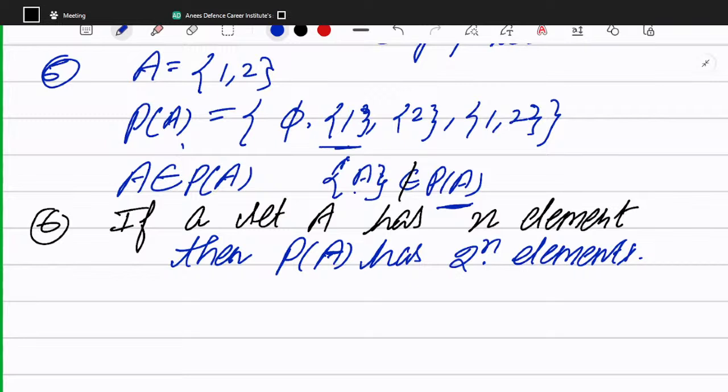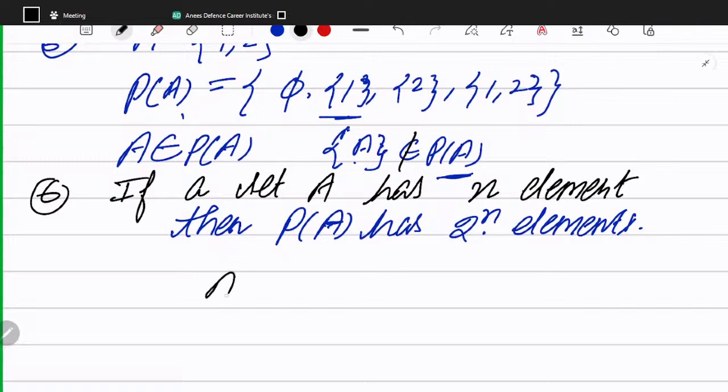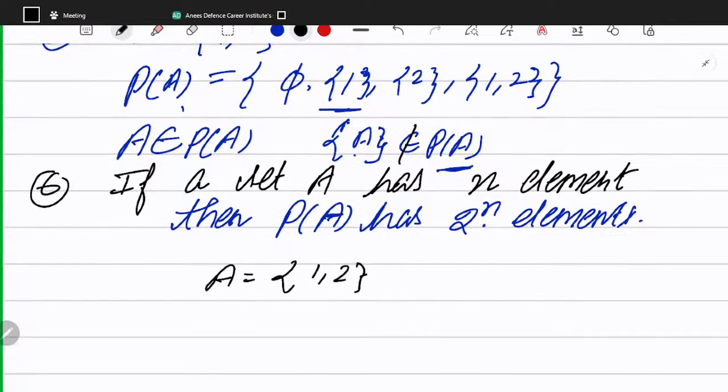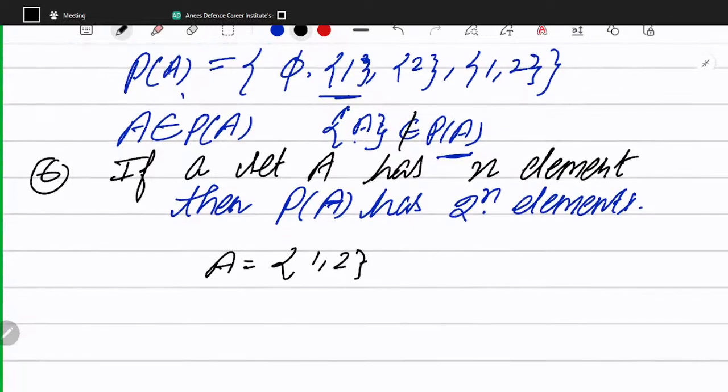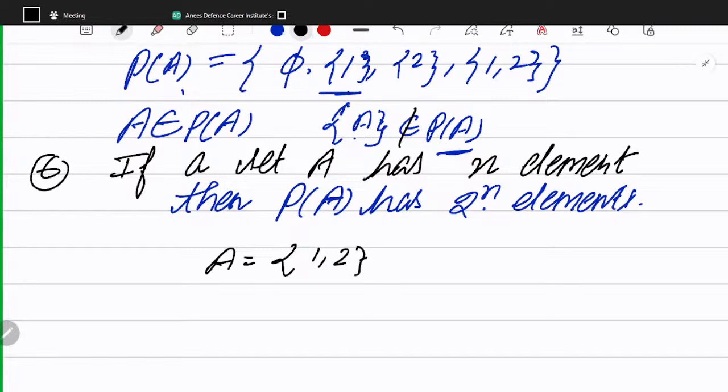I'm taking an example based on this. Let's say set A has 1, 2. Number of subsets is